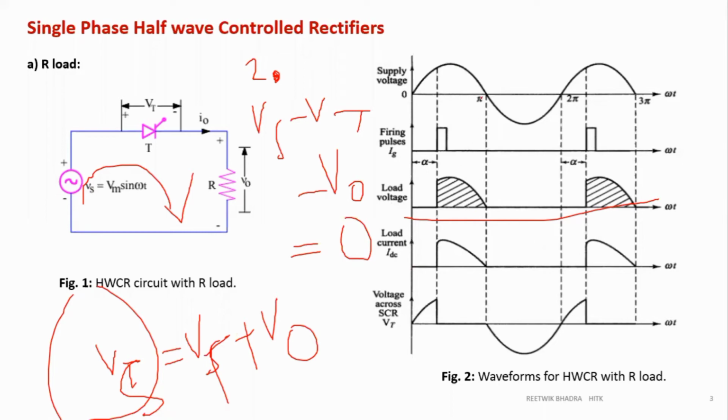So what is missing in this part? If you compare this and this part, what is missing? This front part. So that will come in Vt. This part is already drawn, so obviously Vt is 0. The negative part over here is 0 over here, so obviously you will get Vt, the negative part.